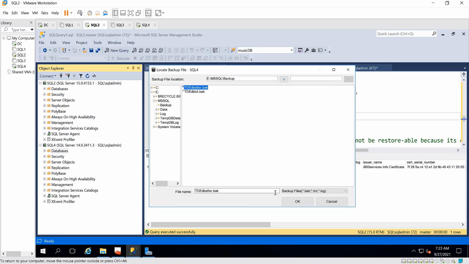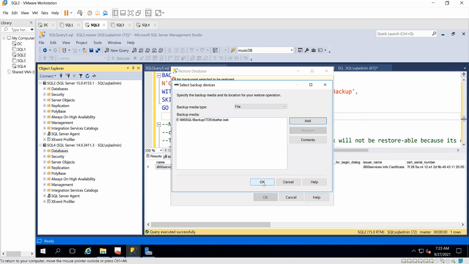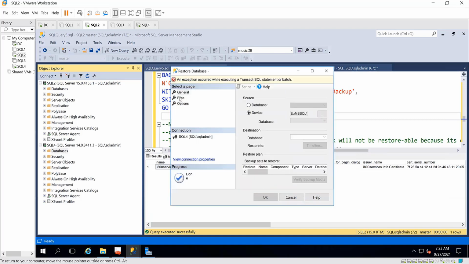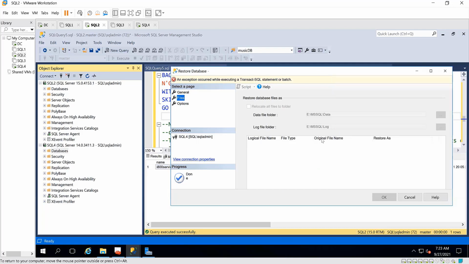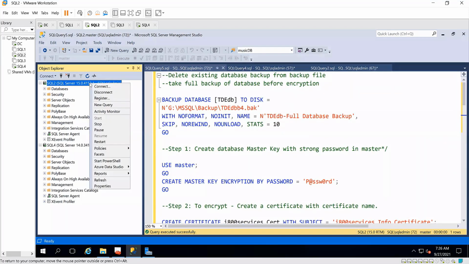So this is the full backup after encryption. And go to file. You see? This does not even give any option of relocating. So this file cannot be relocated. That is part of why transparent data encryption is a security measure in SQL Server. Dynamic data masking